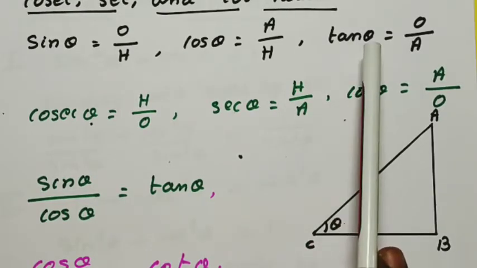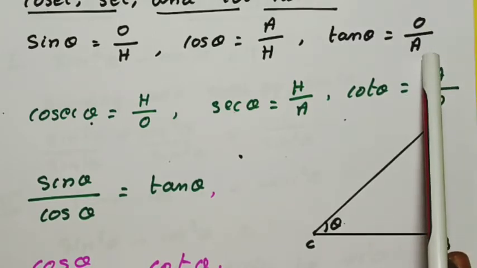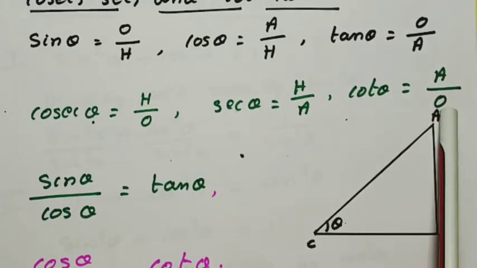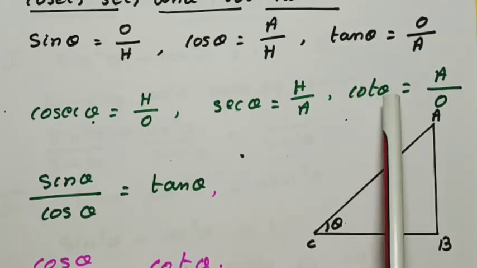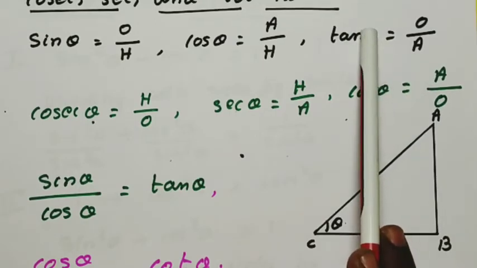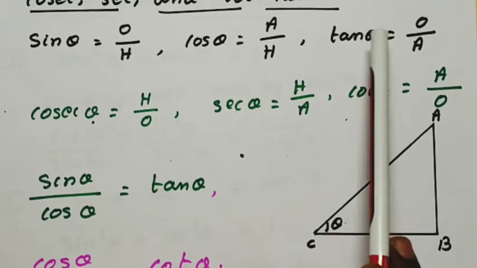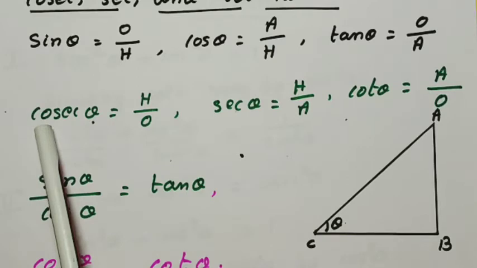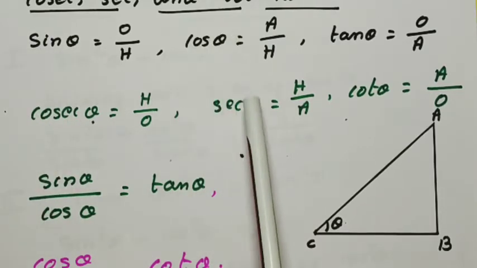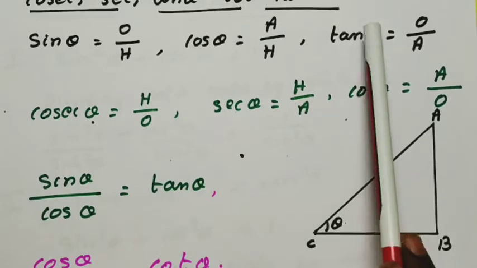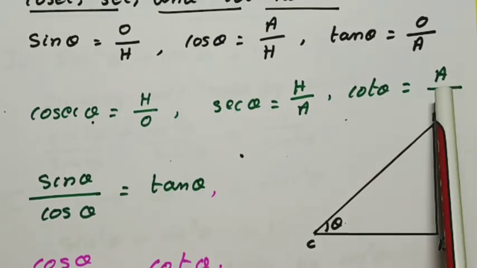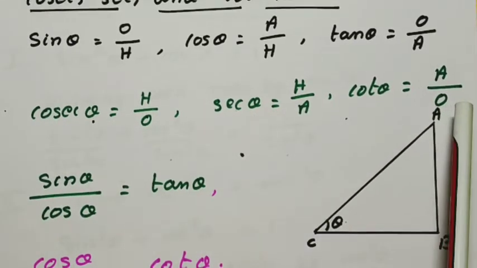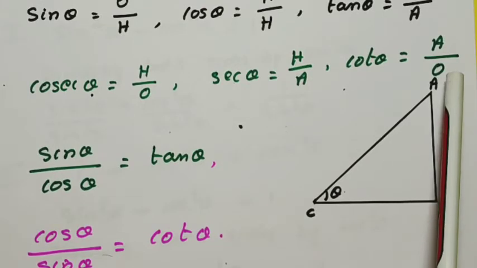Next is tan theta. Tan theta is opposite side upon adjacent side. So, cot is inverse of tan. That means adjacent side upon opposite side. So, tan is inverse of cot and cot is inverse of tan. Yes, I hope by now it is clear to you. Sin and cosec are inversely proportional. S and C, remember this way, S and C. Here, cos and sec are inversely proportional. Tan and cot are inversely proportional. Very easily we can remember. Sin, cos, tan, cosec, sec, cot. You should have this picture in mind when you think of the trigonometrical ratios.